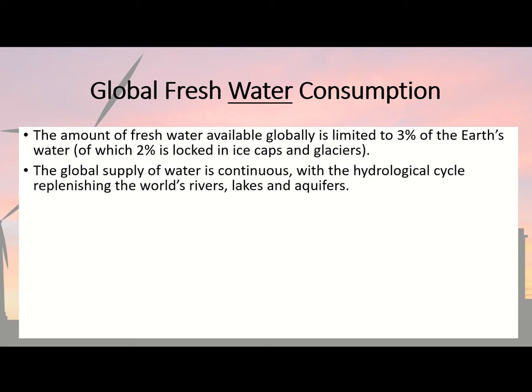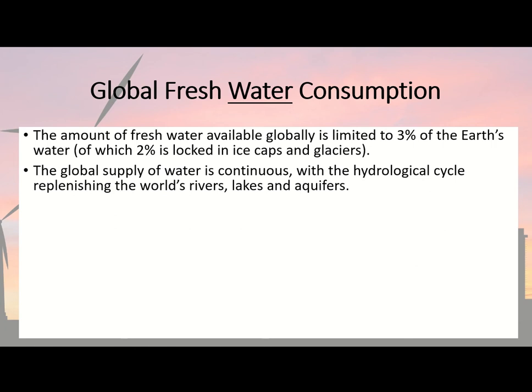The global supply of water is continuous, because the hydrological cycle means that there's always the same amount of water on the planet as there's always been. But the form of that water at any one time differs. So at one time there could be far more water in the atmosphere, or far more water locked up in ice caps. During an ice age or a glaciated period, there is far more water locked up as ice, and therefore it's less available. In other parts of the world, with global warming and climate change, we are finding